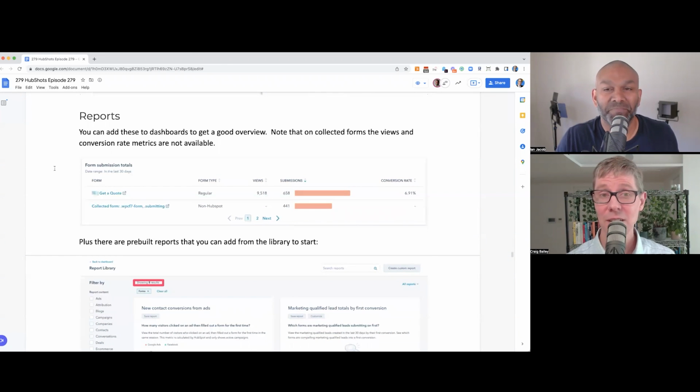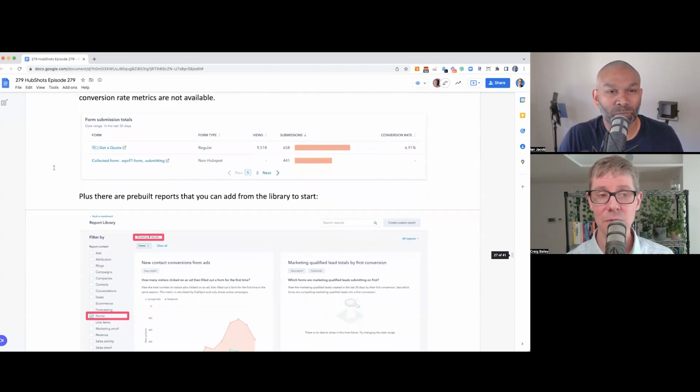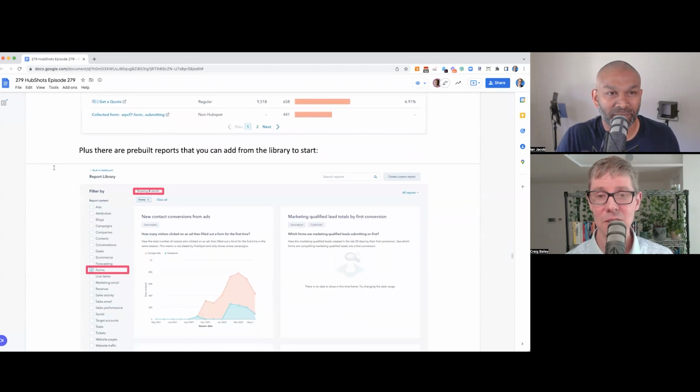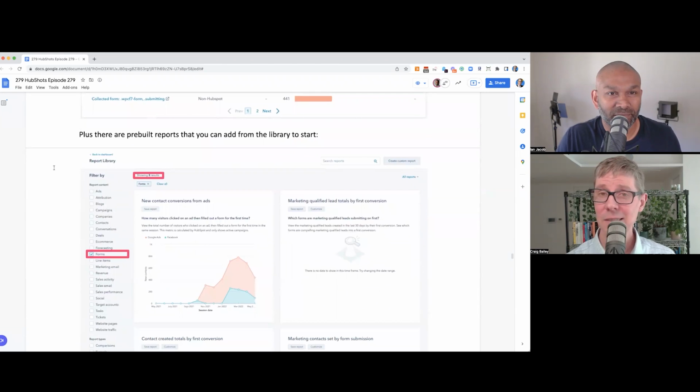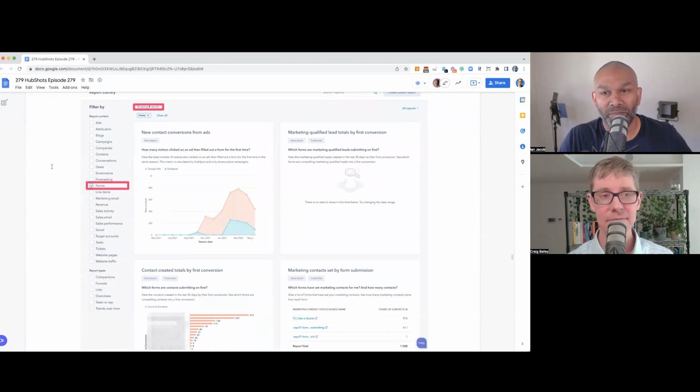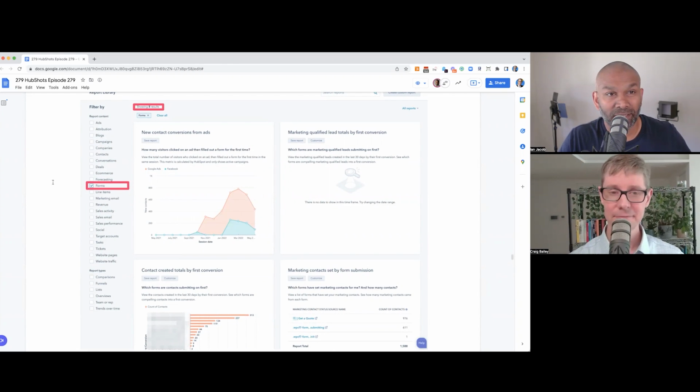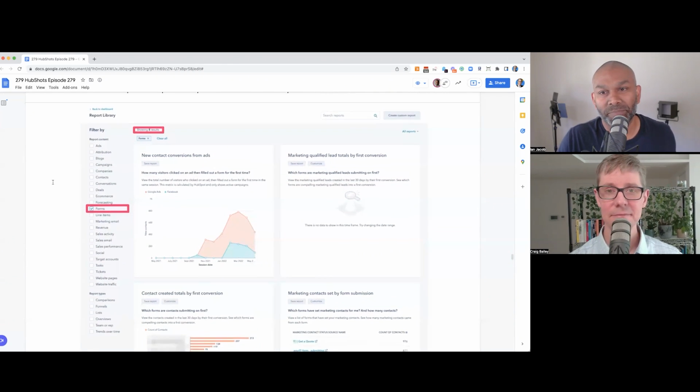You can create your own custom reports based on form submits as well. And we've got a few of those in the screenshots in the show notes as well. So plenty of ways that you can drill into the results that you're getting from your forms and see what's working and what's not. We also have in the system lots of pre-built form reports, and you can go into your reporting